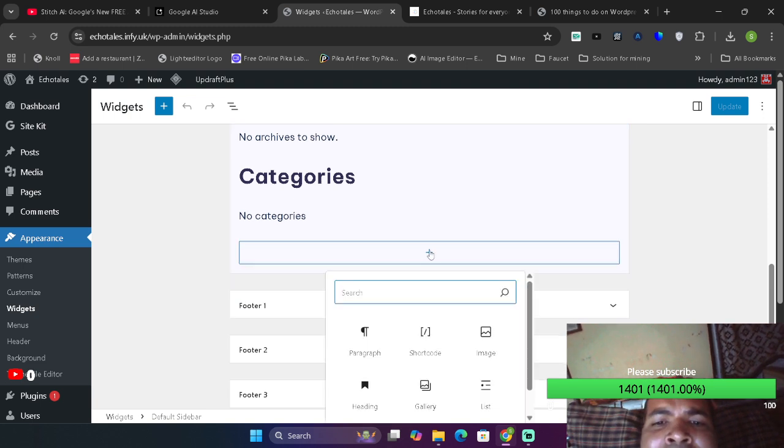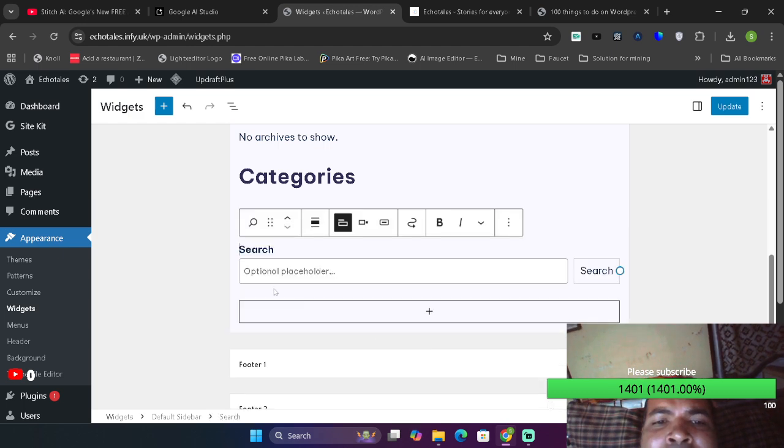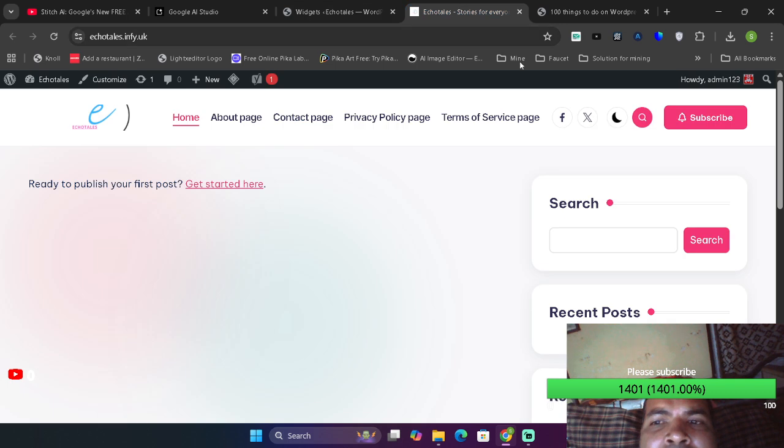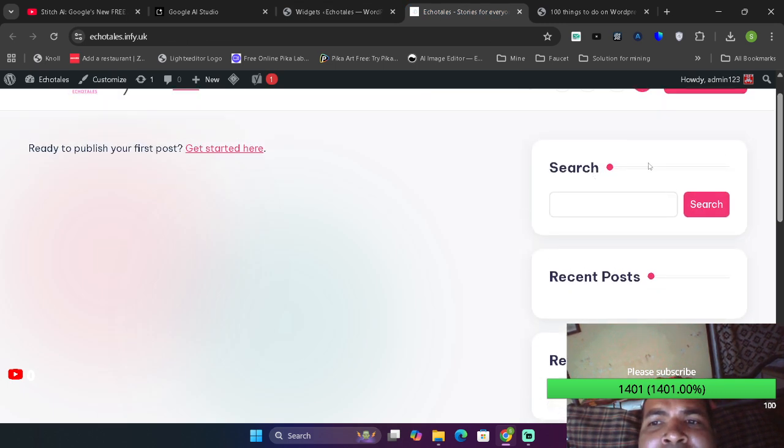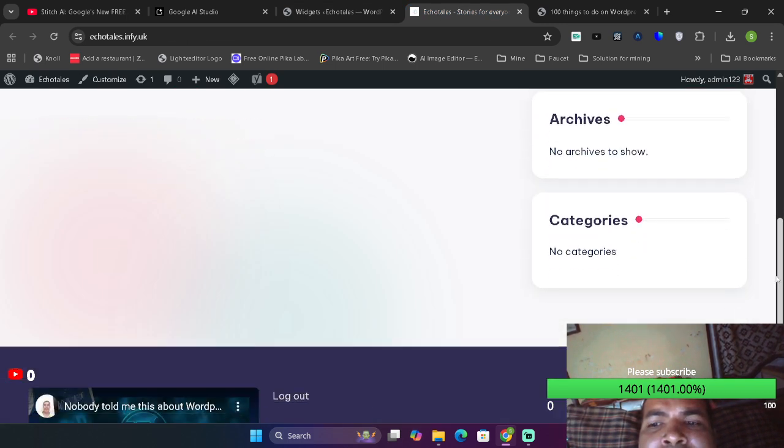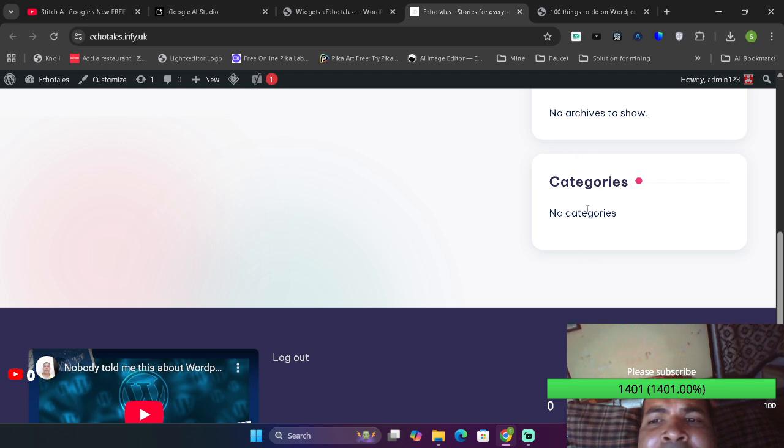I'll click on plus. I will just say search. Okay, and it adds the search bar, as you can see. Okay, that is how you add a search bar. If I update, if you see the old one, we have the search at the top. If I come down, we have categories. After categories, I added another search bar,